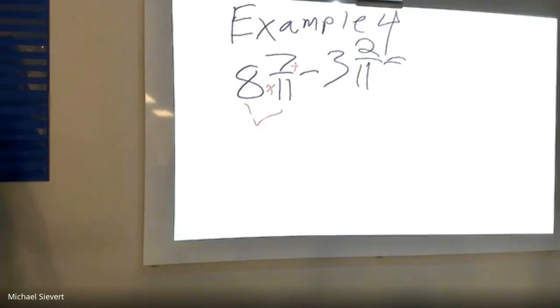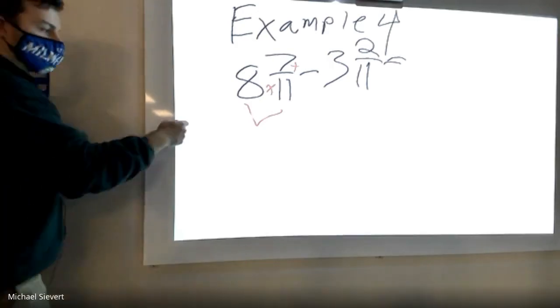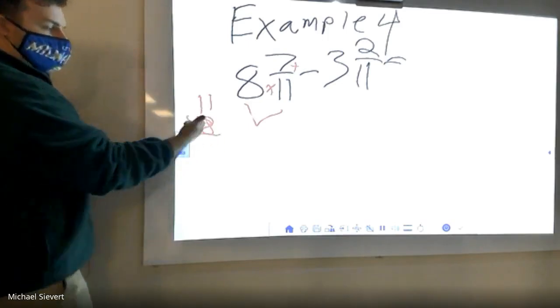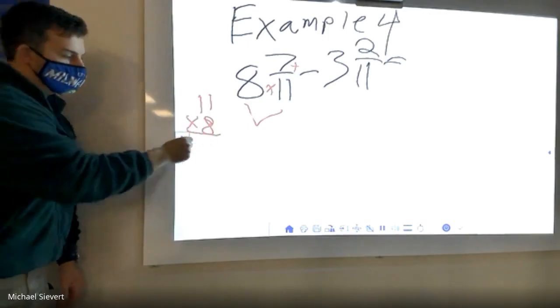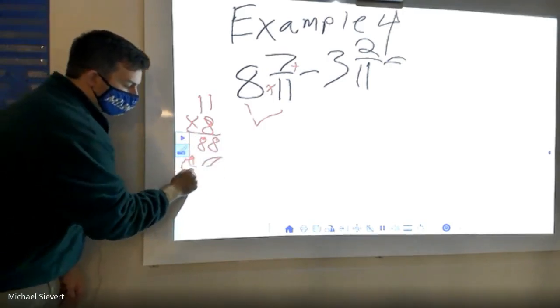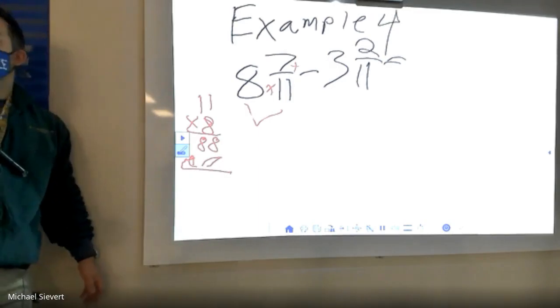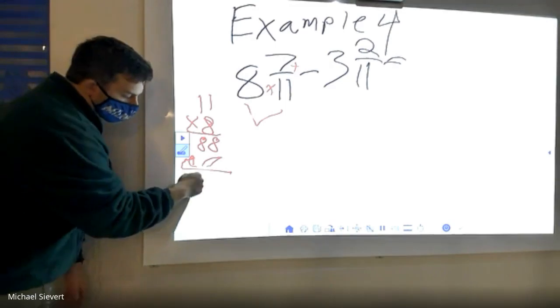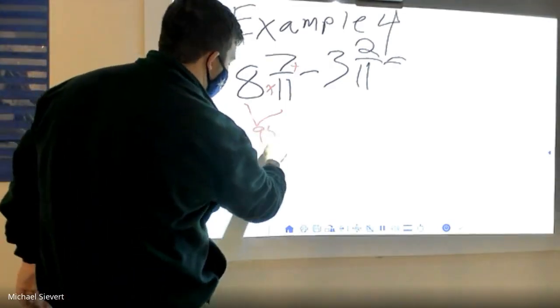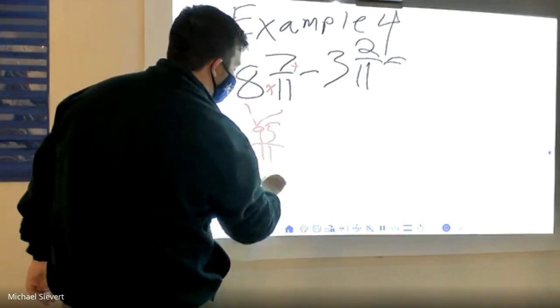So, first of all, what's 8 times 7? Lawrence? I mean, not Lawrence, Braylon? 56. What's 8 times 11? 88. Okay. Plus 7. 88 plus 7 is, Lawrence? 95. So you write this as 95 over 11